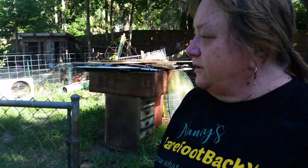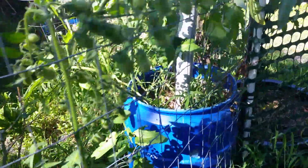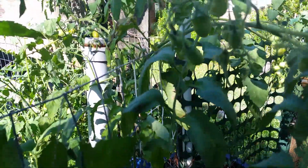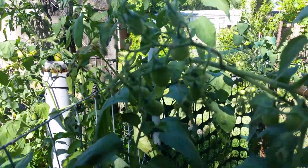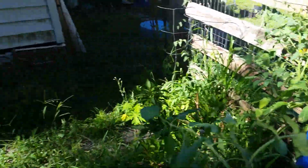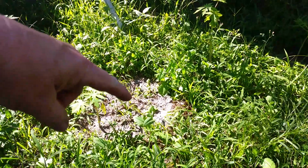We're gonna walk around out here in the back and see what's going on. We got some tomato plants that are just going crazy. They are super thirsty right now and they need a drink, but I gotta wait till it cools off just a tad. We decided that since this garden is still so sandy,